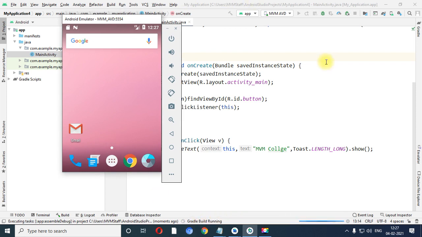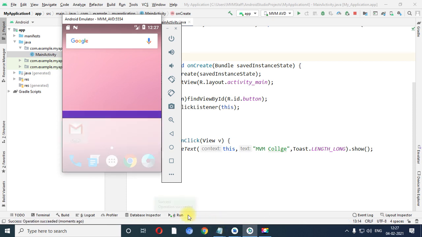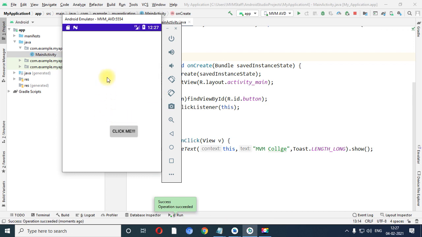Right now Gradle is built, right? Now the installing process is performed. Now launching activity is there, and finally the button is over here.